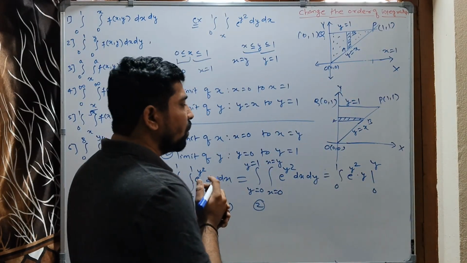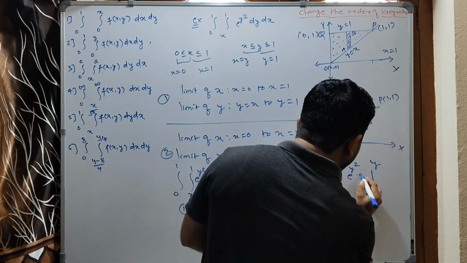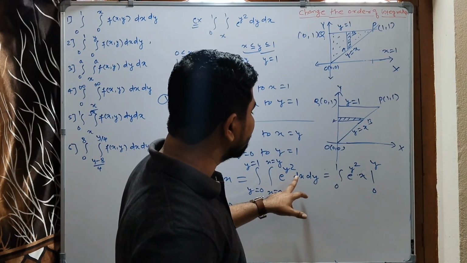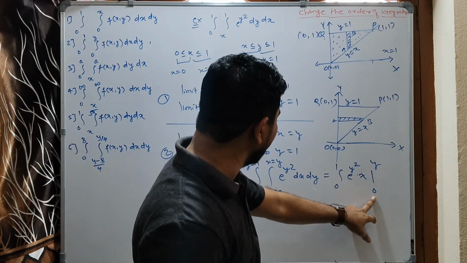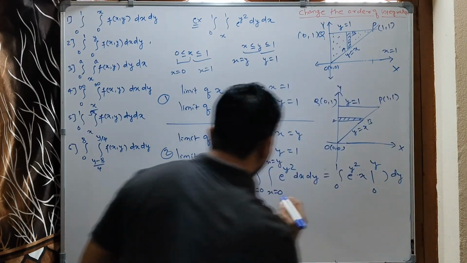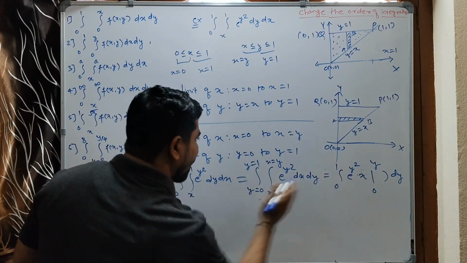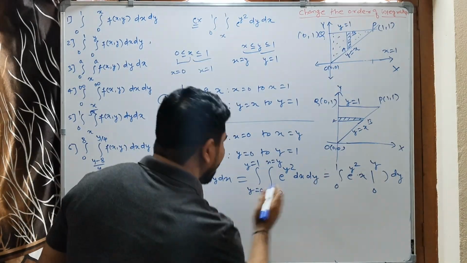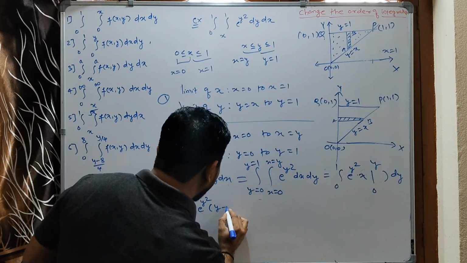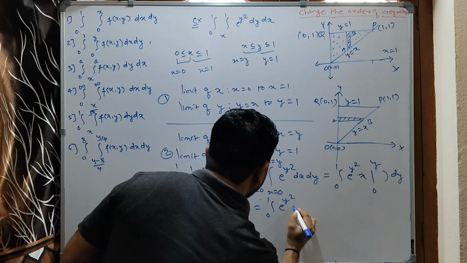So here the limits are 0 to y. Here e to the power y square is a constant, and integration of 1 with respect to x is x. So the limits are 0 to y, and the last is with respect to dy. Which is equal to the integral from 0 to 1 of e to the power y square, now upper limit minus lower limit, y minus 0, dy, which is equal to the integral from 0 to 1 of e to the power y square